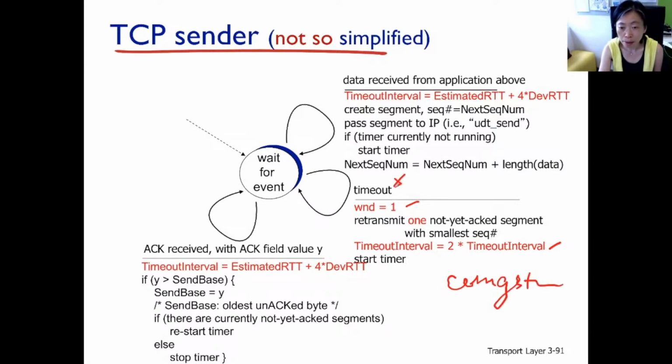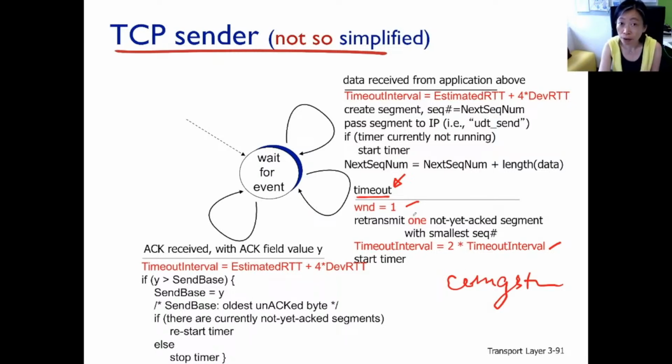Because when there's a timeout, that is also saying there's no more ACKs coming back. That is probably because data cannot go out. But TCP being a pipelined reliable data transfer protocol, oftentimes we're sending multiple segments out, right? If it's just a sporadic drop, not due to congestion with consistent drops, then we should still be seeing maybe a lower number of ACKs, or maybe some duplicate ACKs coming back. Not that we get no ACKs at all and then eventually run into timeout. So timeout is TCP's way of saying, let's assume now the network is congested.